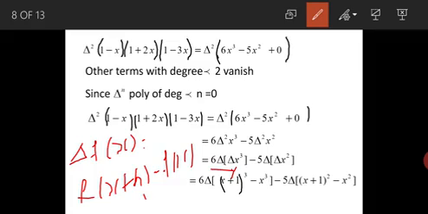6x, as I have written here as it is, delta of x plus h whole cube minus f of x as it is. The function should be written as it is. And similarly for this one also, 5 delta, we wrote it here as it is. Then x plus h whole square we wrote here, and then minus x square, right?